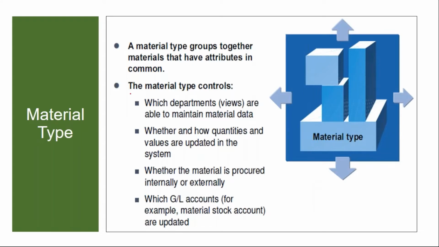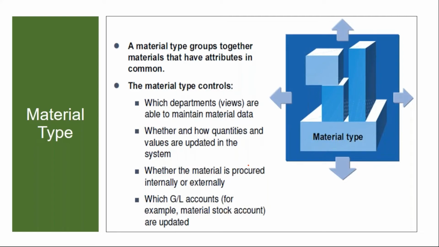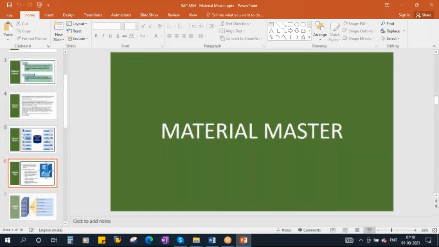So this material type basically controls which departments are able to maintain material data. Whether and how quantities and values are updated in the system. Whether the material is procured internally or externally. Which GL accounts, for example, the material stock account, are updated. The material type controls all these things. Okay. So I'll tell you how this material type works. Suppose, let's say